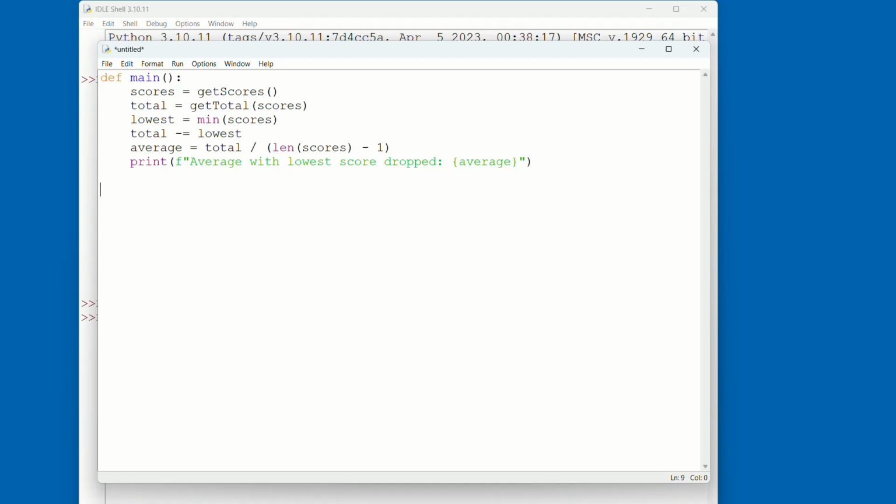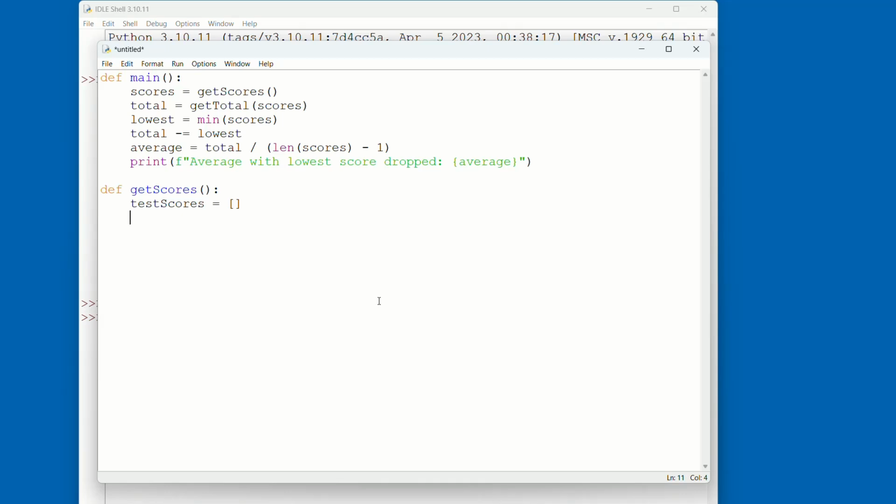So now what we're going to do is create the functions that we need here. And our first one's going to be to get the scores. So test scores is going to be our list here. So we can set that equal to a bracket, end bracket for an empty list. And the way that my notes did this, and I'm going to change this because I don't like the way that this is set up, is that it asks you to have a variable called again, set it equal to y, and then while again equals y, process,